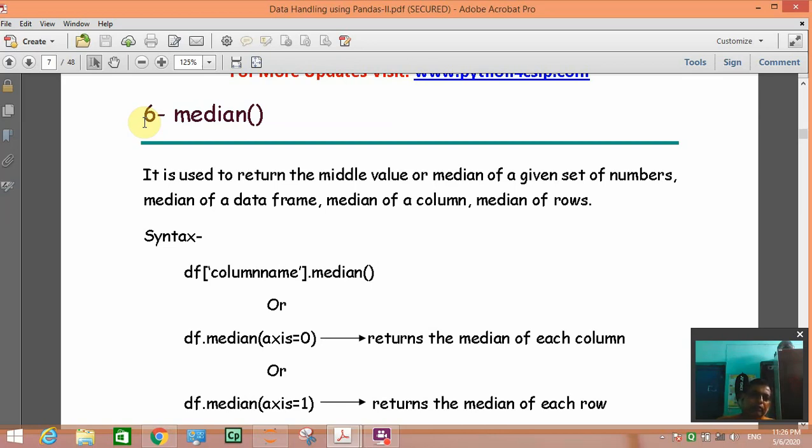Median means if you arrange numbers in ascending or descending order, the number which falls in the middle is the median of that series. So median returns the median of a series of values, and the syntax is the same as the others.